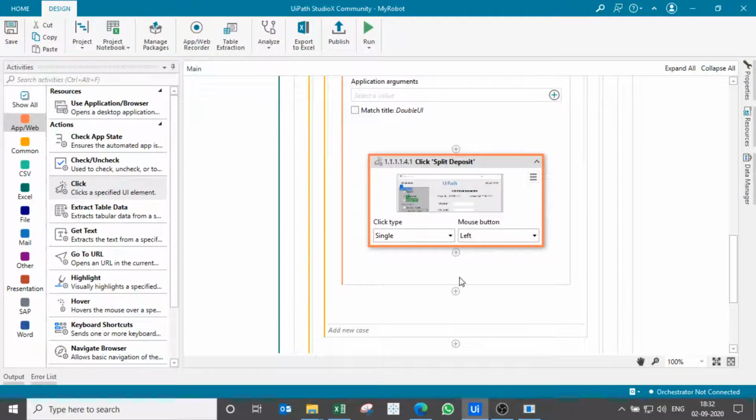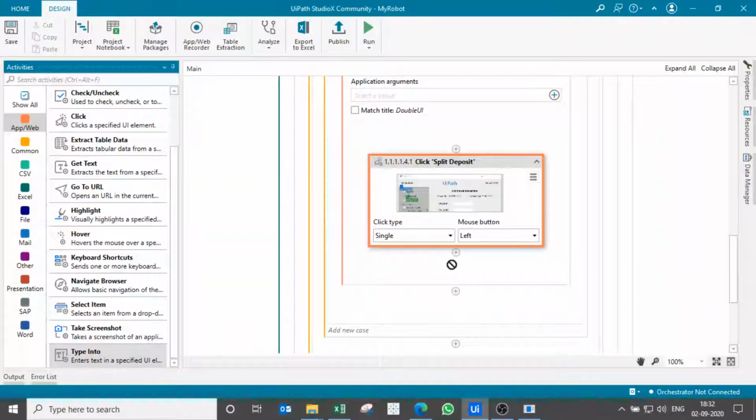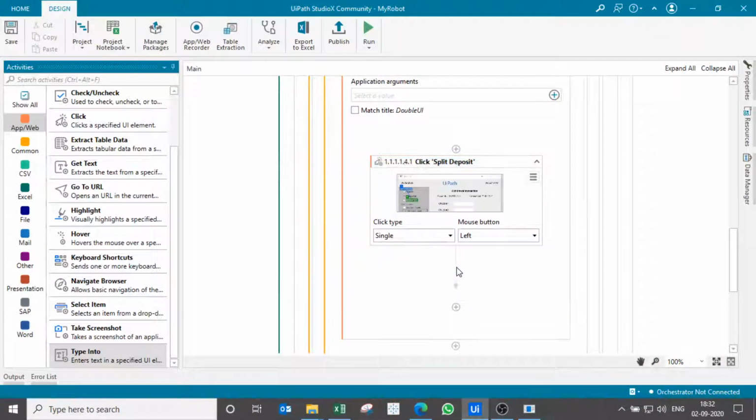And then later on we can add. So now we would be adding the text, so we would be using the type into action. So let us add.